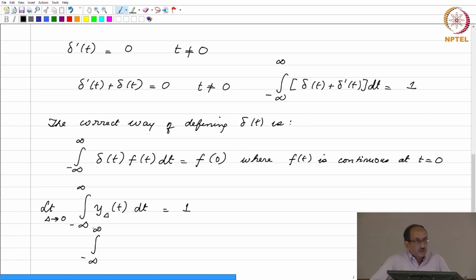Integral obviously is a limiting process. Here you have limit cap delta tending to 0. What we are doing is we are interchanging two limiting processes, and then we are taking the limit inside the integral sign,